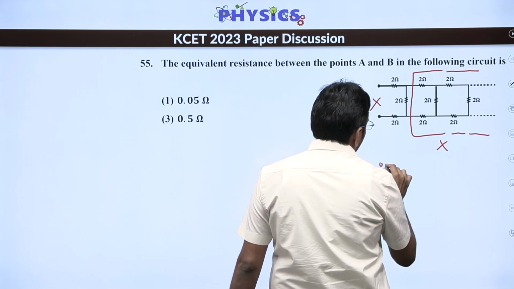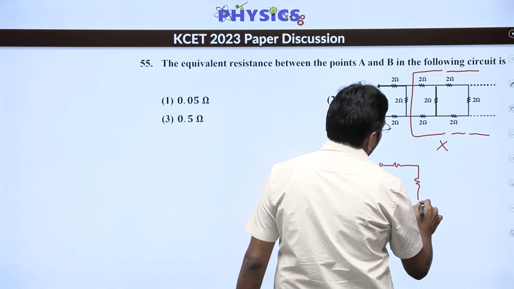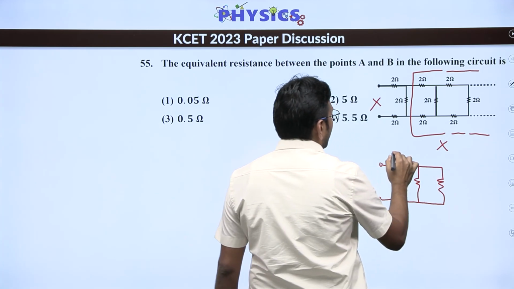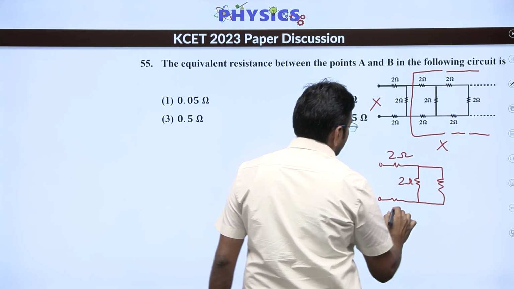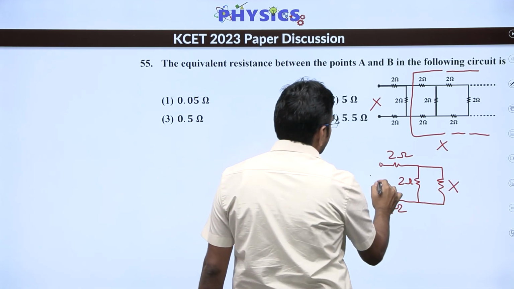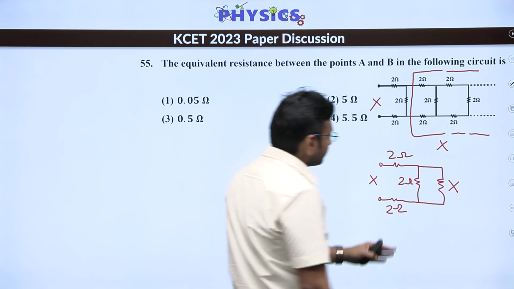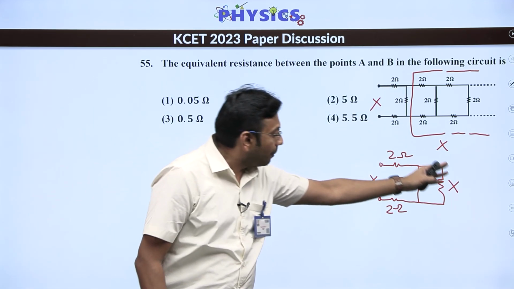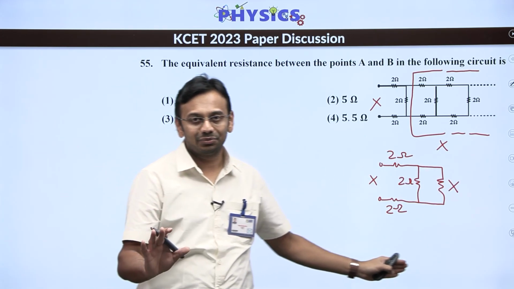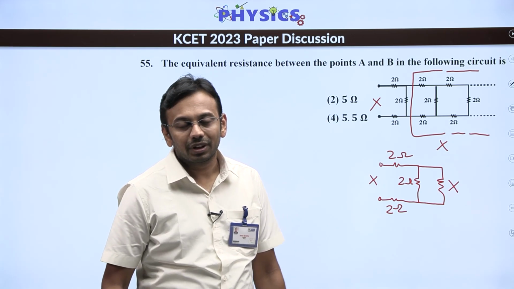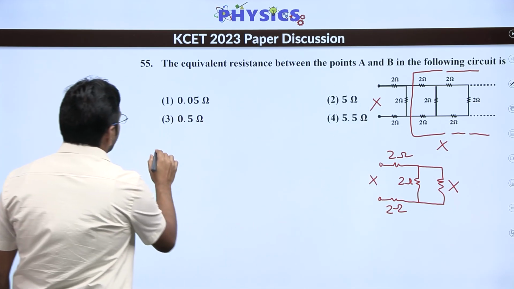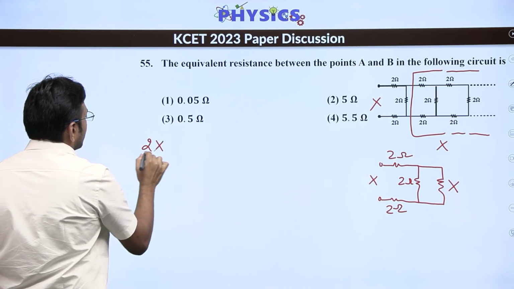So I can draw the circuit again and show it like this. We have this 2 ohm, this is 2 ohm, this is 2 ohm, and this is our X which we want to find, and this here is also X. So now we are saying the combination of all these resistances should again give us the result as X, and we want to find this value of X. How do we simplify it? See, here I have X and 2 in parallel, so we will get 2X upon X plus 2,